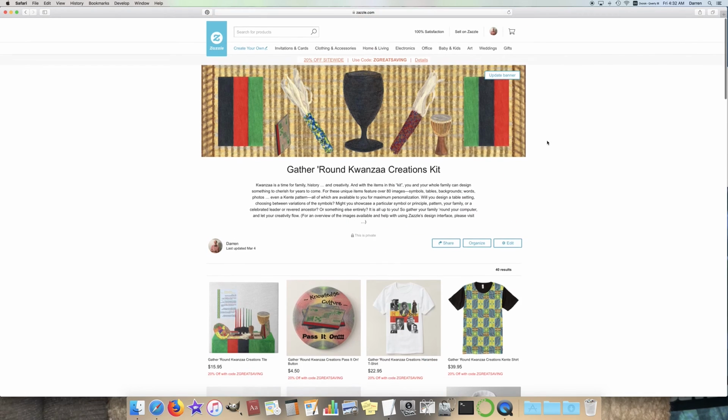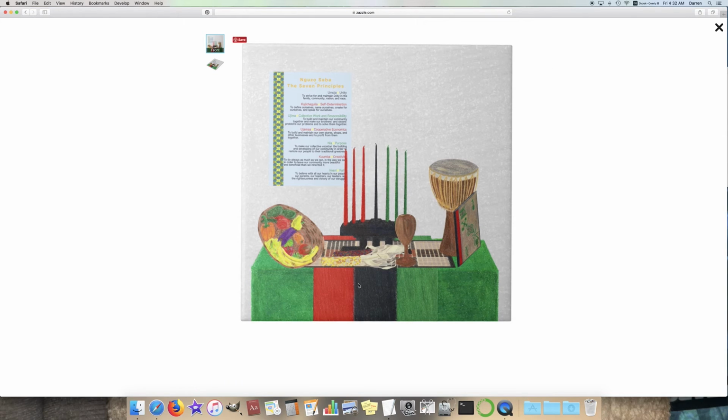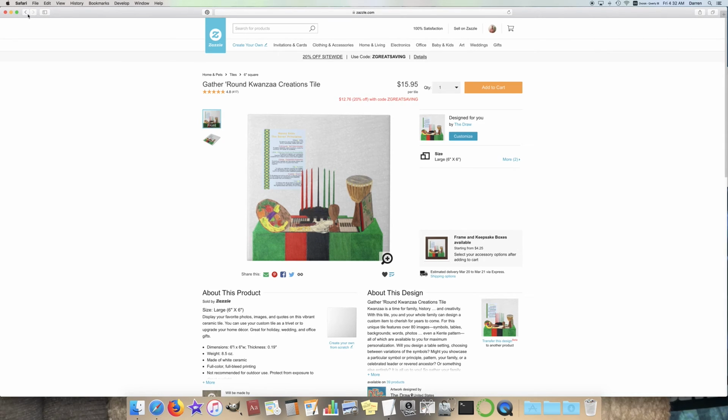But you could, for instance, do a table setting. Something like this, and of course you have all the symbols on the table. You have even a poster of the Nguzo Saba, and you might notice the wall is gray, the tablecloth on the table is green. Of course, we have a draped bandera here for additional adornment. On the other hand,